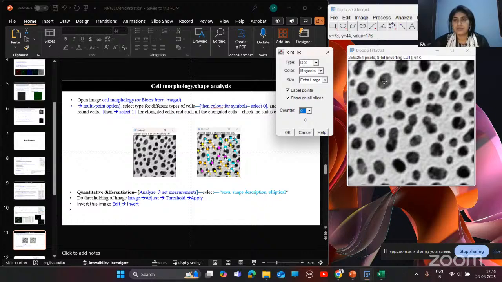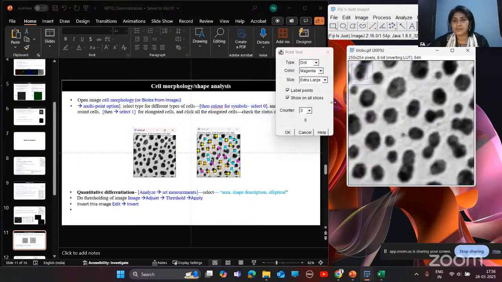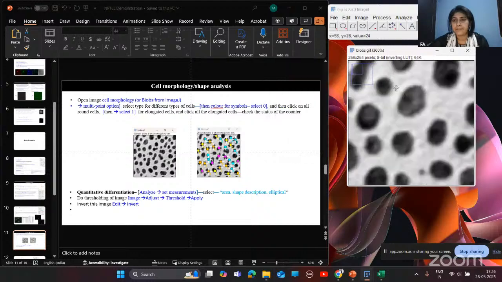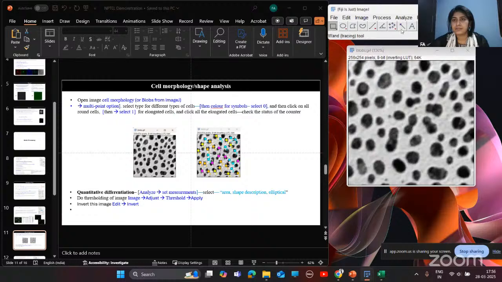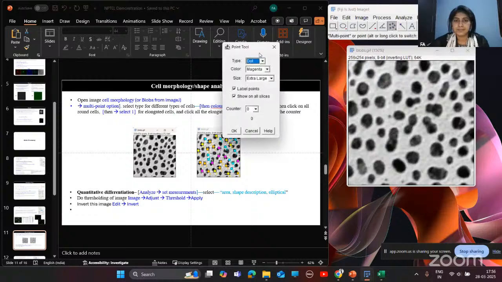This zero will denote the first type of your cell. So you just need to go here, and from here we'll select all those cells which are bigger in size. Okay, from here I'll count those bigger size objects.